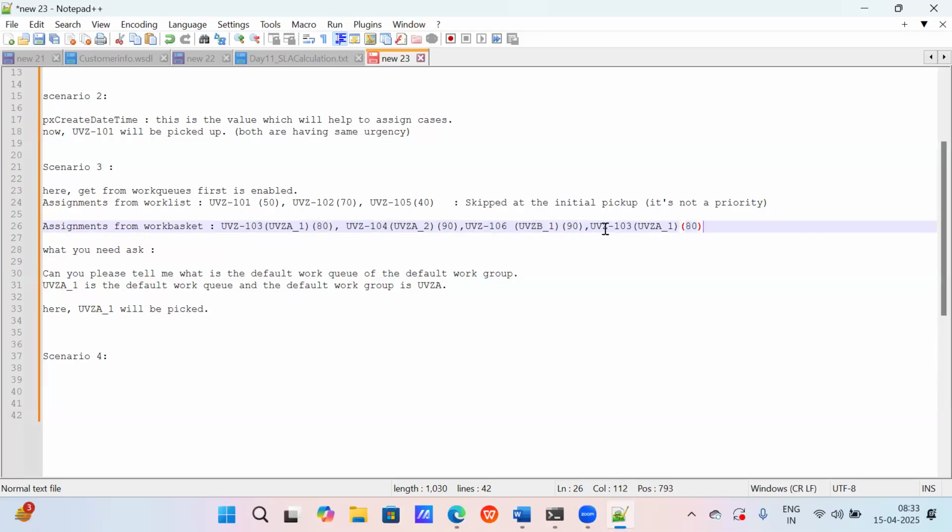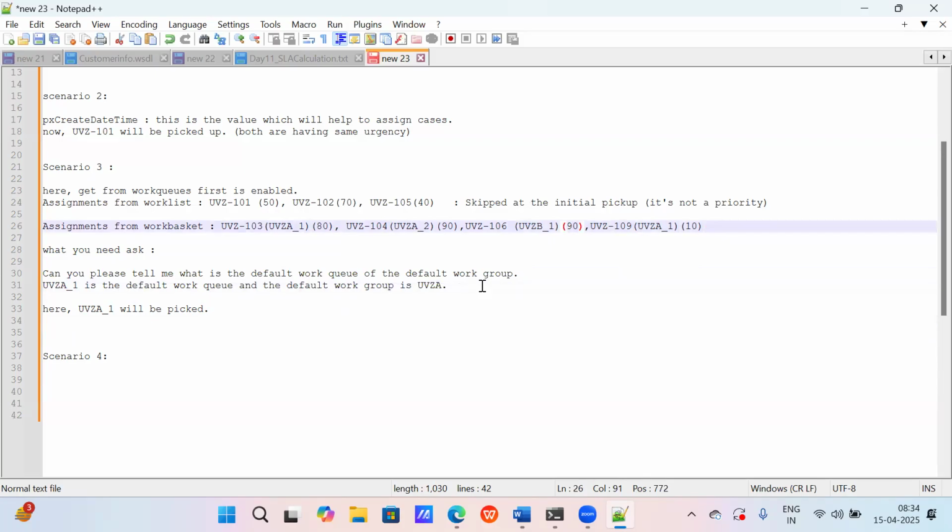If you see, now I'm having this one, PUVZ100809. This is having priority 10. Now what happens? This is completed. This is finished. Now what will be picked up? Again, it will check the same thing. Now it will check for these three cases. If you see, UVZA_1 is there in the default work queue. Though it is having 10 priority, this will be finished first. Got it? Because that is something which is expected to be done. After this is finished, then only it will check on the other items.